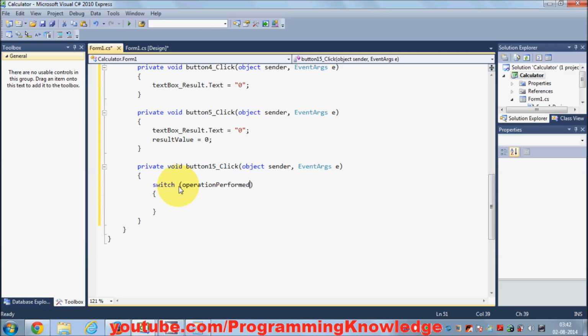Okay, so first of all, the case can be case for not here, but case for the addition,